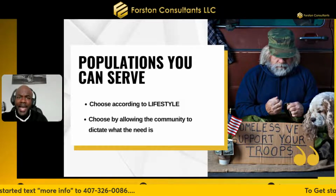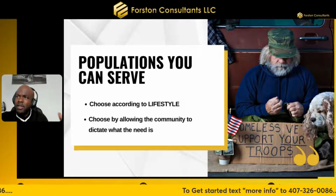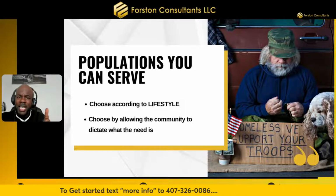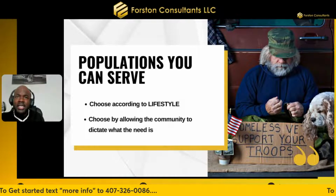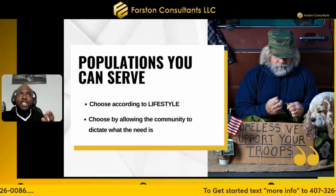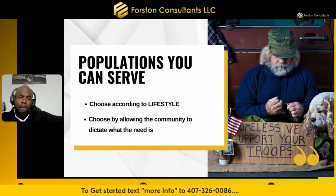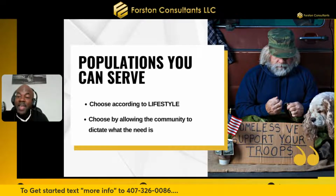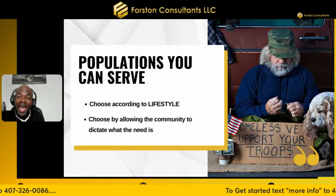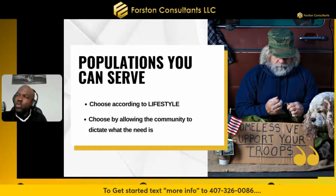So if you're somebody like Tia and a lot of people that I've named today, Katara, that are very busy, you got a lot going on, I always give this one population as the example because it makes the most sense. If you got a lot going on in your life, it's hard to choose the population of teenagers aging out of the foster care system, because even though they're adults, they still need a lot of care, cuddling, attention, hand-holding per se, because again, not a fault of their own, but they've been raised the wrong way,